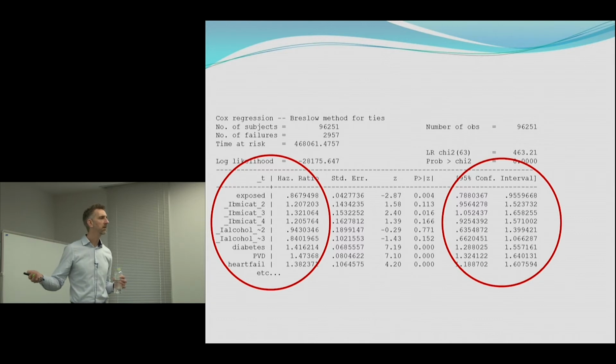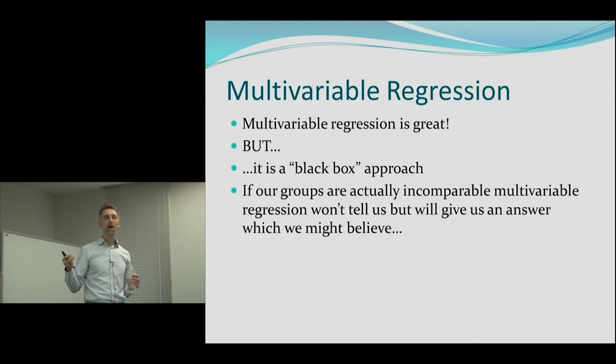Is this familiar to people? You've all done this kind of thing before where you've got, so the first line here, the hazard ratio for some exposure, I've called it exposed, with some outcome, and the hazard ratio is 0.87 and the confidence intervals are all below 1. But at the same time in my output, I get other hazard ratios associated with the other variables in the model. So here I've got things like diabetes, heart failure, and it tells me what's the independent association of those variables with the same outcome. Yeah, also familiar.